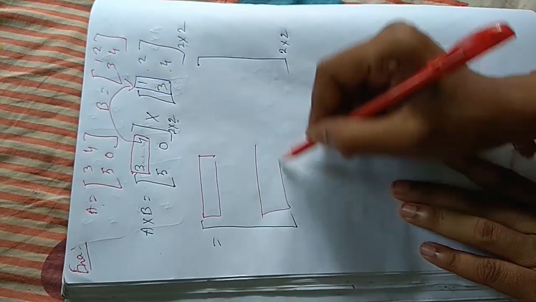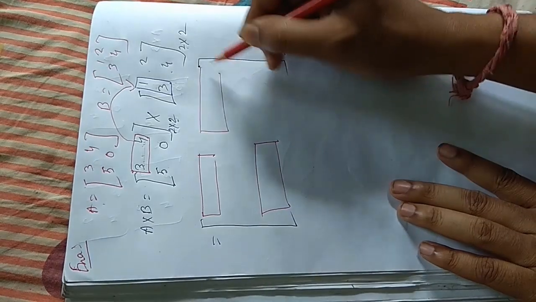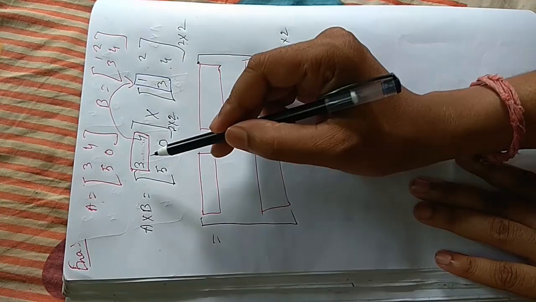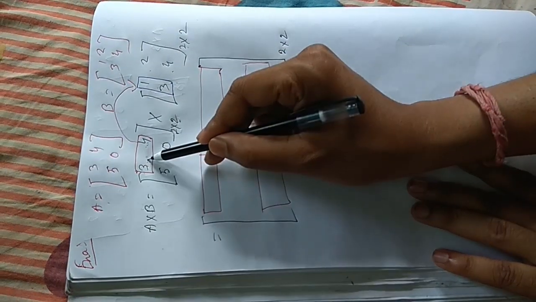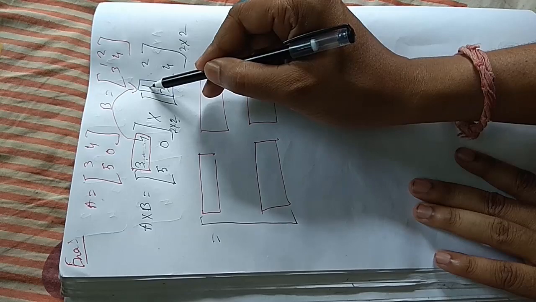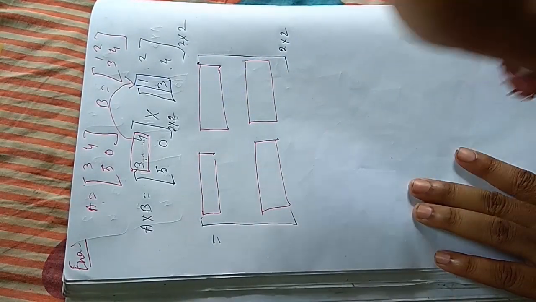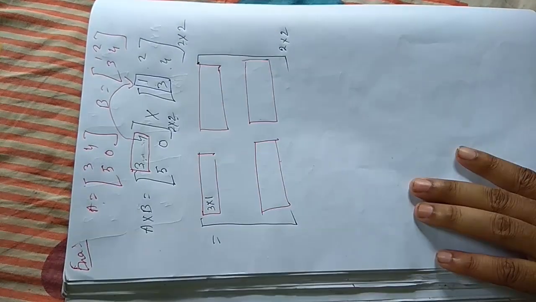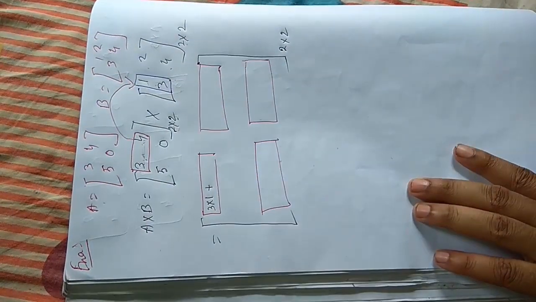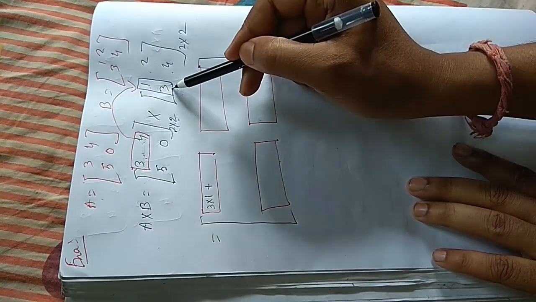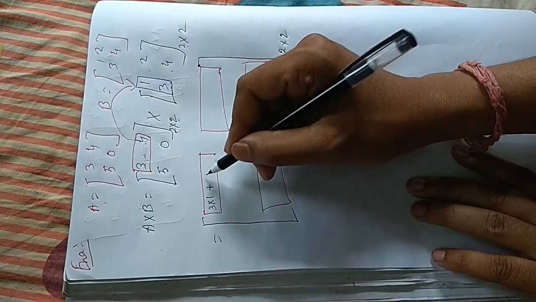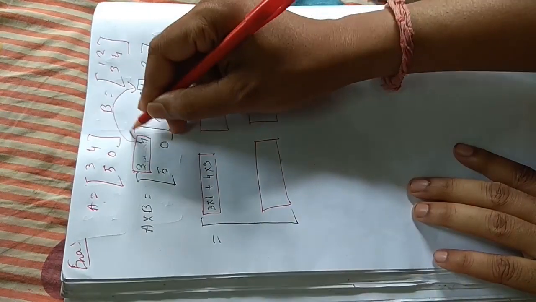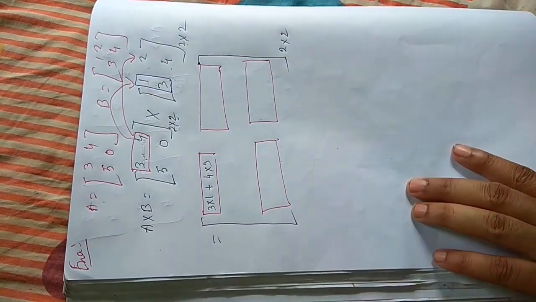So if we take the matrix, that means 4 elements, take 4 boxes and fill up these 4 boxes. See, the first matrix's first row multiplies with the second matrix's first column, and it's element-wise multiplication. That means 3 multiply 1, 3 into 1. Okay, then take a plus sign. Then the second element multiplies with the second element, 4 into 3. Okay, finish. Now it goes to the second part and comes here, and a similar process repeats.